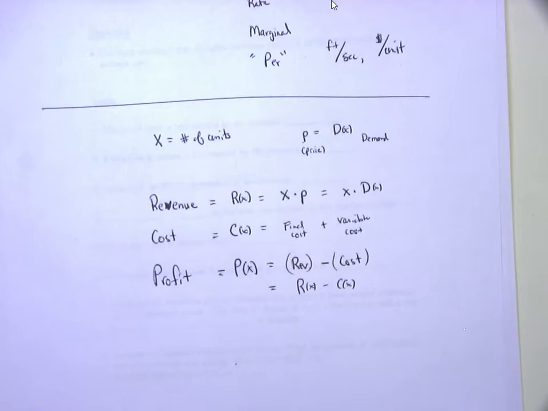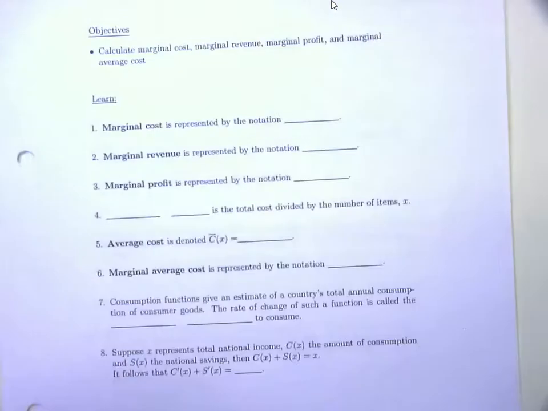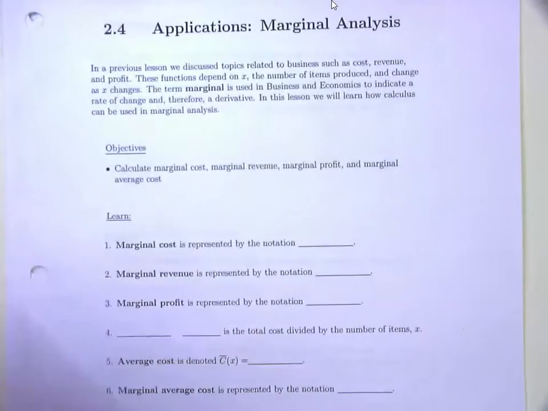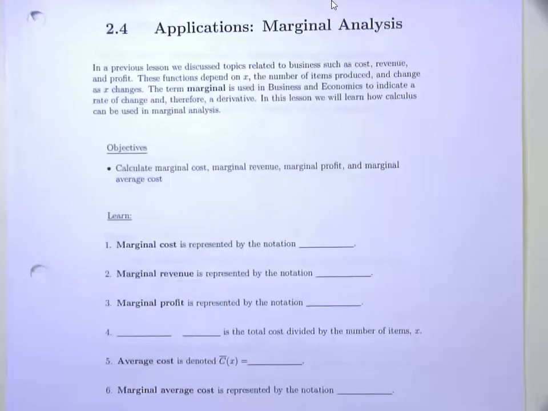Now, we'll be talking about some other forms in here, and we're also going to be talking about some terminology. There is a lot of terminology in this particular section. So we come over here to our section 2.4, marginal analysis. The big deal is that term marginal. I'm just throwing it right into your face. When you analyze the concept of marginal, you're actually talking about taking a derivative, because if I'm talking about profit, the marginal profit would be dollars per unit that I produce